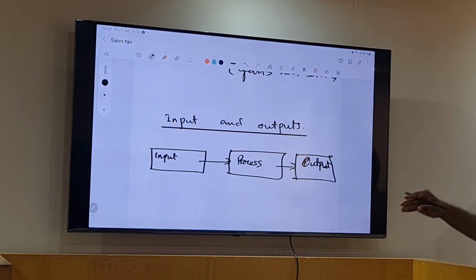Input, process, output. Data process. A very simple example is